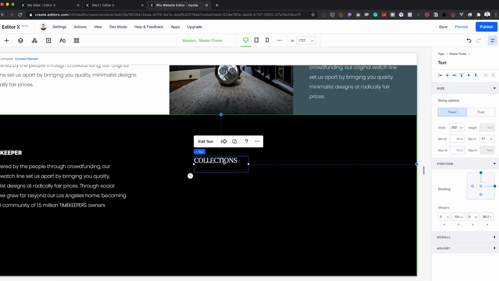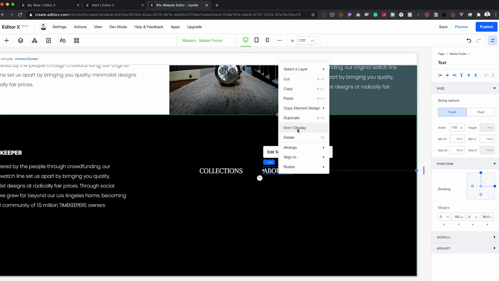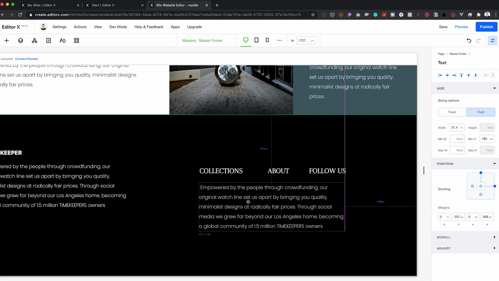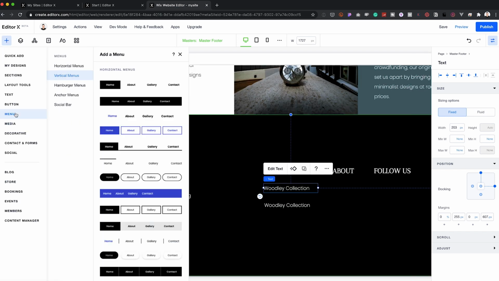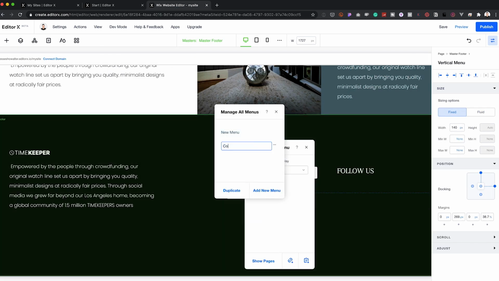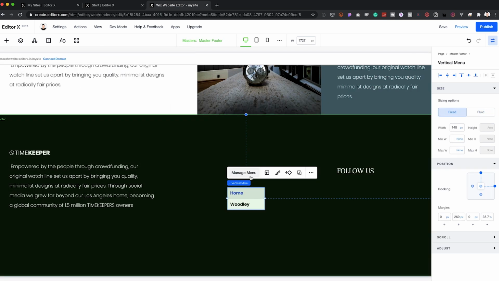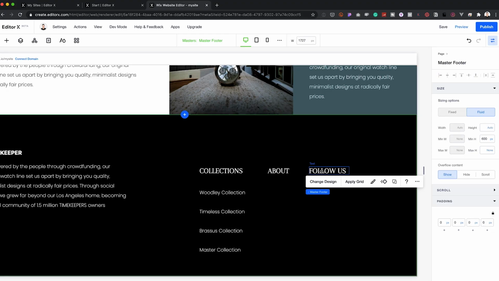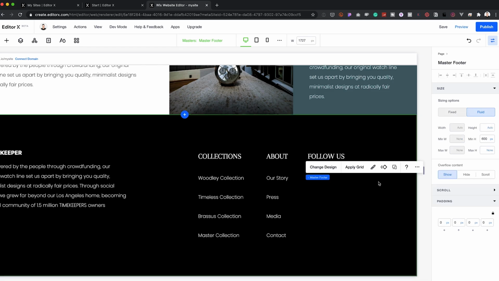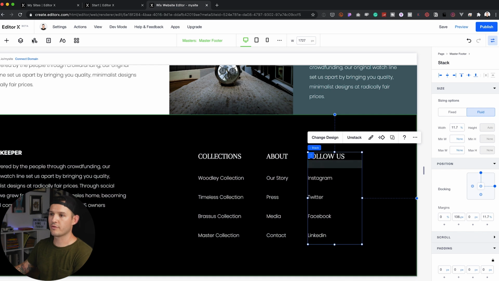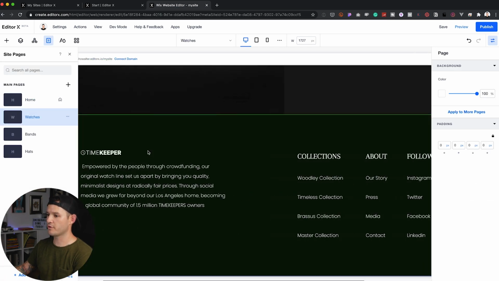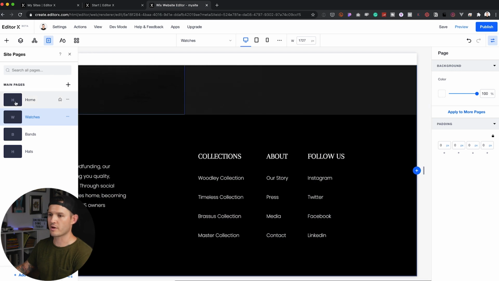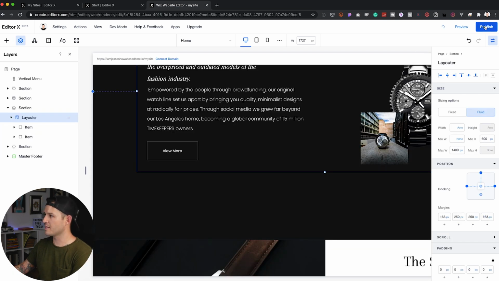Here I'm just adding in the footer logo and some text. I'm creating some master sections or headers for my footer links. And I've dropped in normal text here, but later on I'm going to come back and make these real vertical navigations, each of them highlighting the different pages that they represent. And now we have our footer. You'll notice if we go to other pages, we've made changes to our footer, and that takes place everywhere. And that's it. Let's publish this thing really quickly